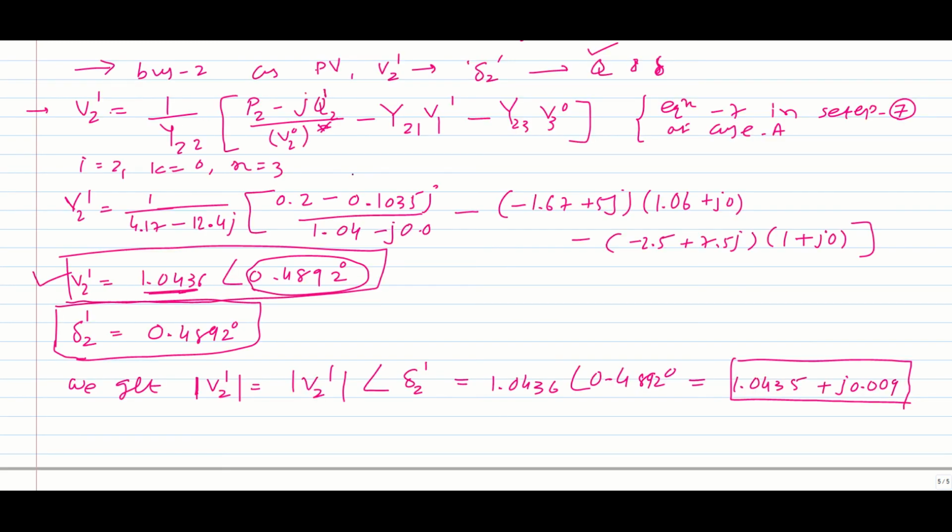So again we know the equation, equation number 7 in step number 7 of case A. Using that same equation we will calculate V31, that means voltage at bus number 3 at first iteration, which is 1 divided by Y33 into bracket P3 minus JQ3,